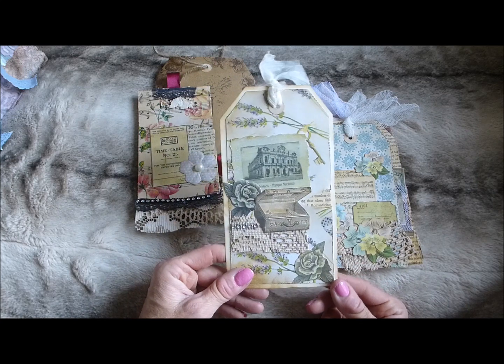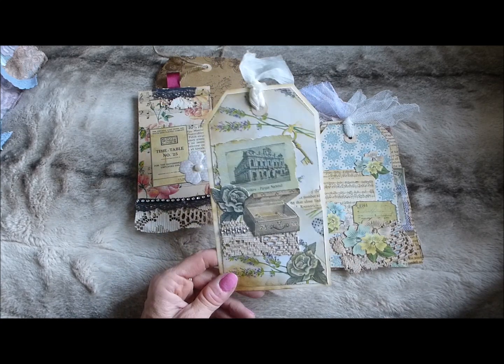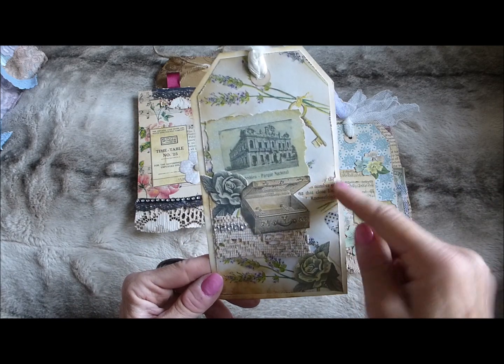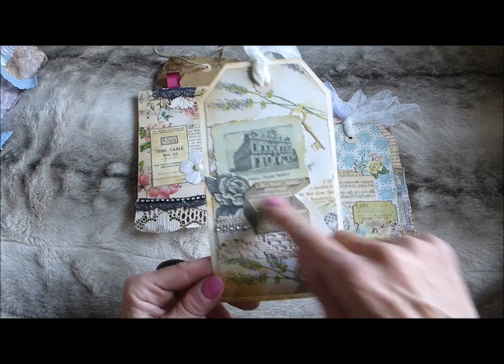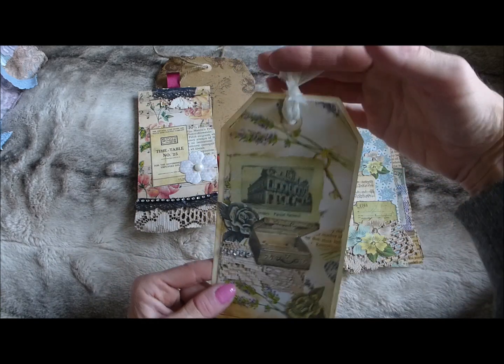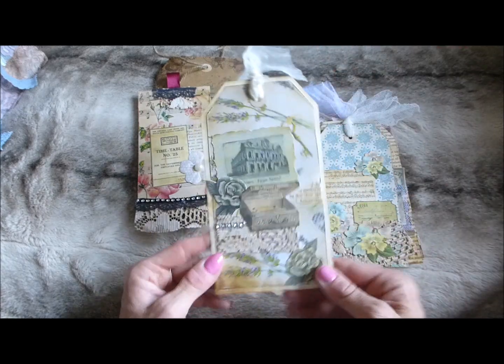Then this one, I love this tag. It's massive, which I just think they're really nice and make a statement on a page on their own. And it's got a little tear here with some vintage book page peeking out. And then it's got some of my printables from my Gypsy Rose kit, just layered up here with some coffee dyed lace and a bit of diamante trim, and then some soft kind of sheer fabric there as the tab